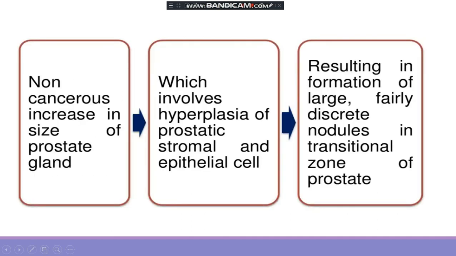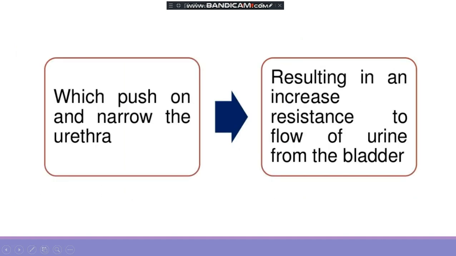It is a non-cancerous increase in size of the prostate gland that involves hyperplasia of prostatic stromal and epithelial cells. Enlargement is occurring, non-cancerous, increasing in size due to hyperplasia of prostatic stromal and epithelial cells. And what will be the result? It will result in formation of large, fairly discrete nodules in the transition zone of the prostate. And then what will happen? It will push on and narrow the urethra